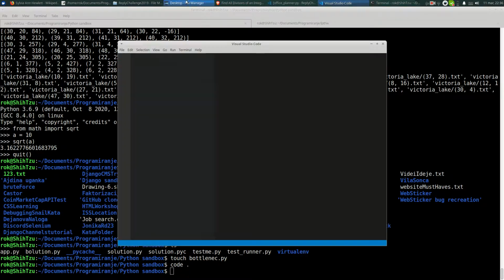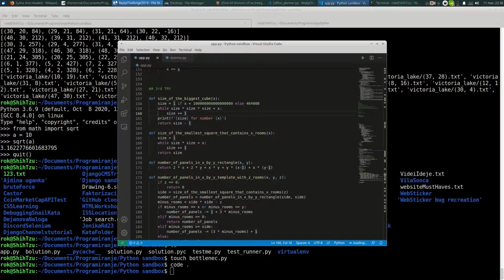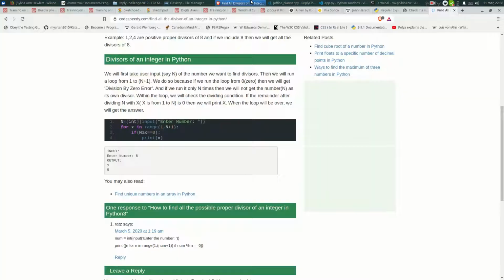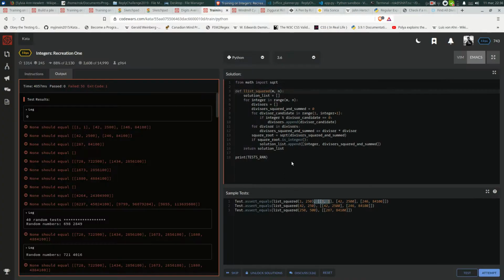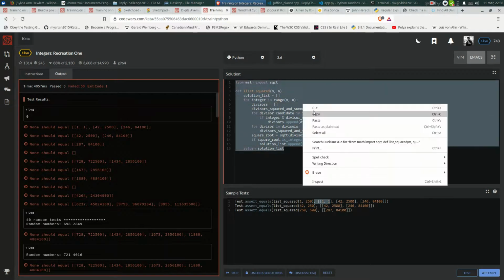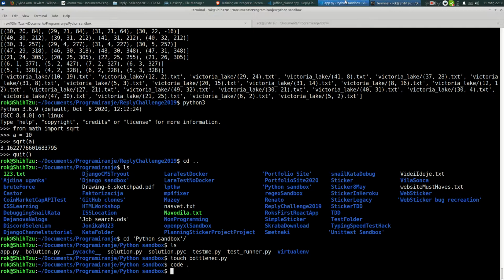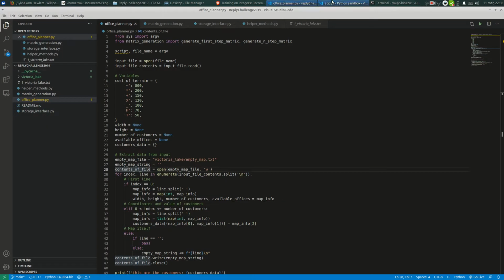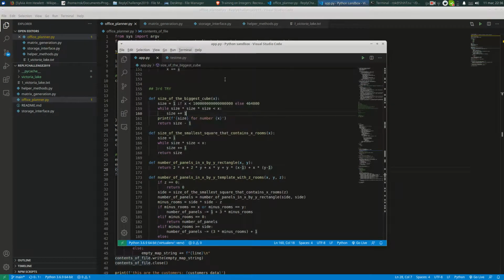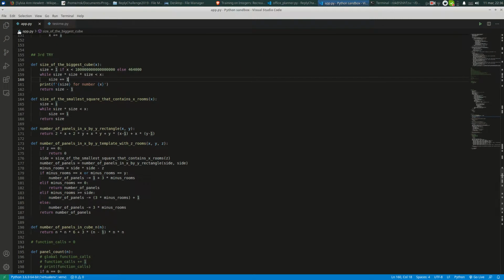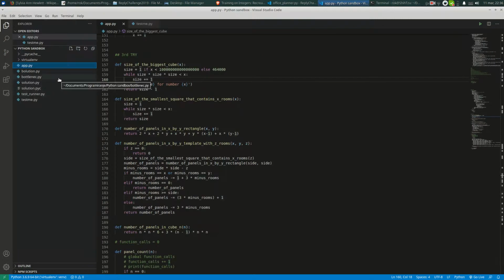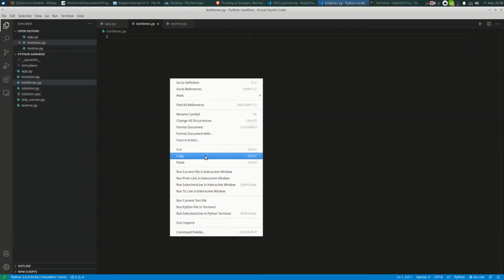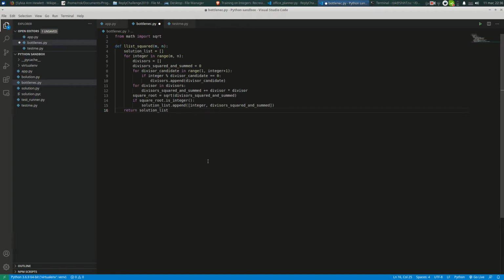We open it in code. So we say chaining of that. Let's just copy. Going to the bottleneck, paste, and then we say